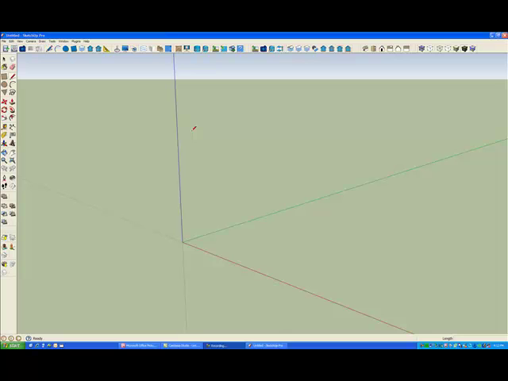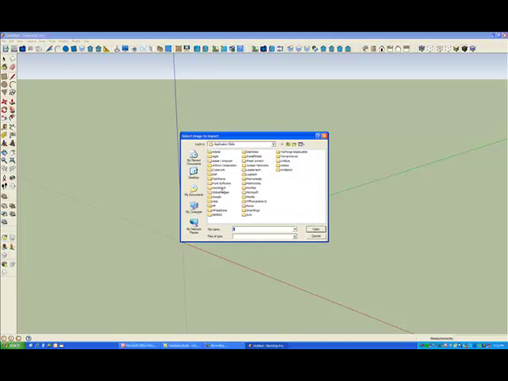GeoSketch is implemented as a plugin to Google SketchUp. Here we have the toolbar that are the standard SketchUp 8.0 tools, and across the top we have the toolbar for GeoSketch. For the first demonstration, we'll import video frames that were taken from a small aircraft flying around Providence,